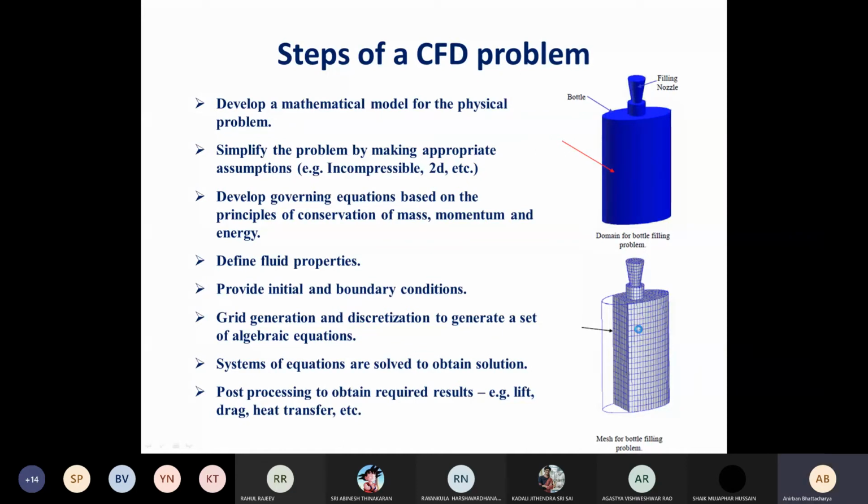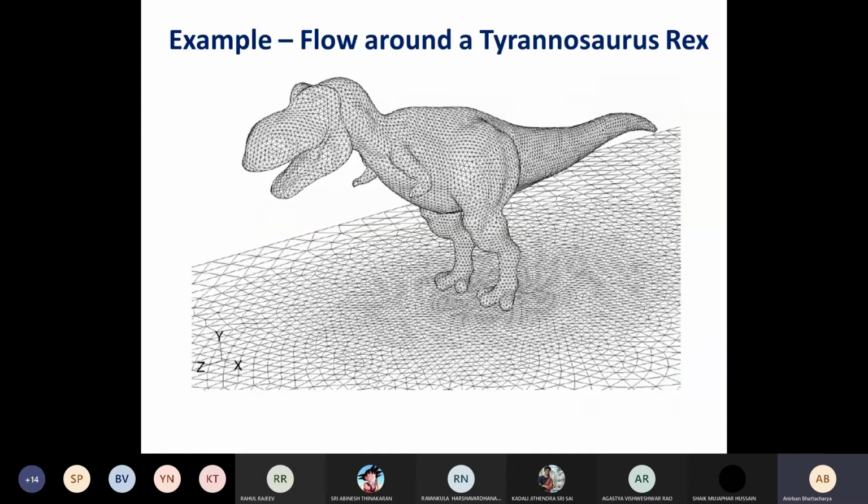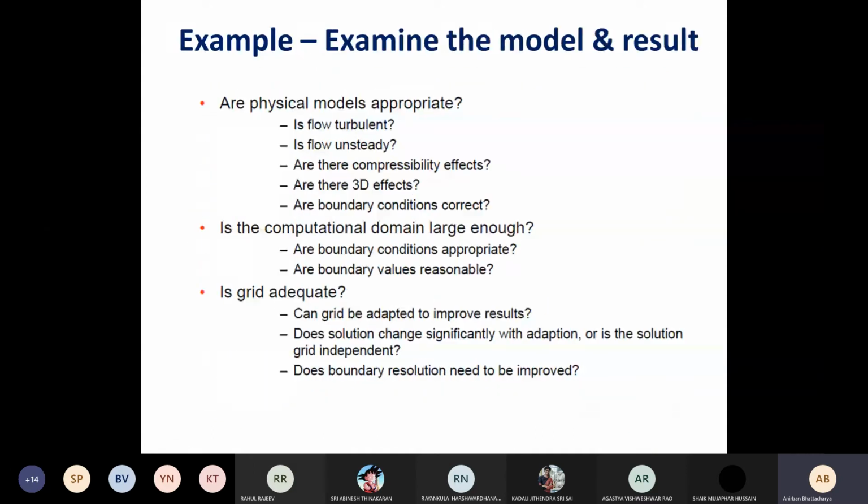What is the exact question? Can we generalize whether refining the mesh will improve the result? Is that what you are saying? Yes, sir, for different bodies. Typically it will happen like that, but sometimes it may not happen.